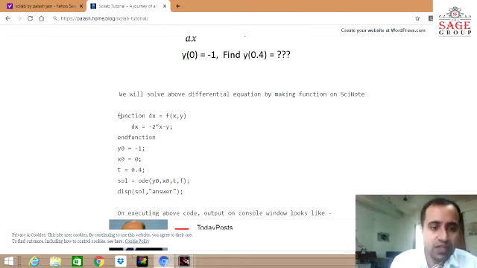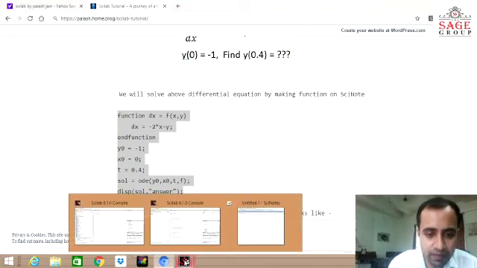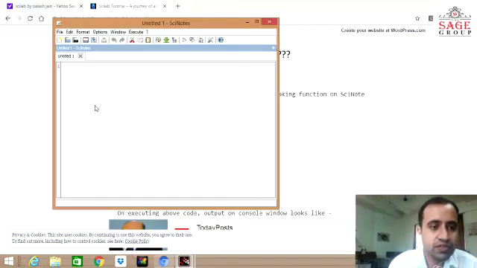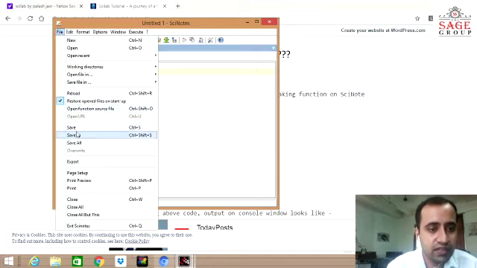So for executing the above code, first we copy this code and we paste this code in our notes. You see, we have pasted the code. Now our first duty is to save this file, because without saving the file our program will not run. And this is the last step, so we remove the semicolon from the last step, otherwise it will terminate that step. So first we start saving this.